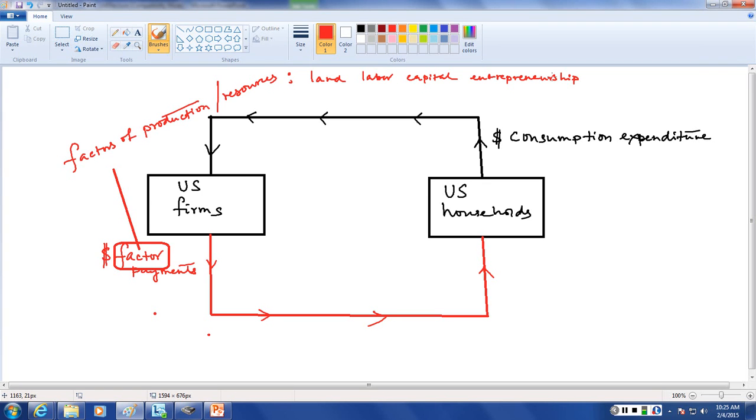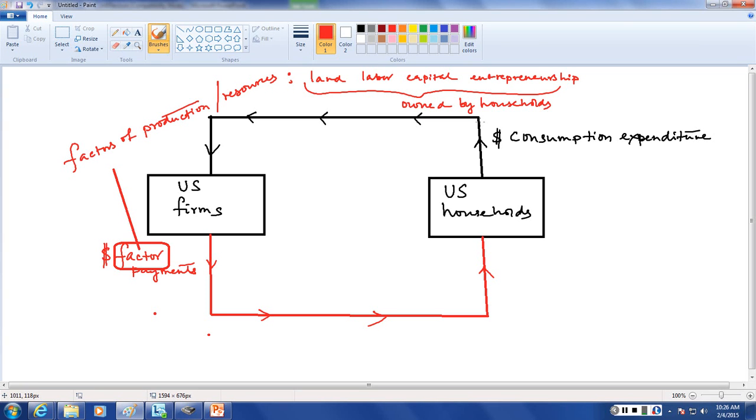Who owns these factors of production? Who owns them? These are all owned by households. Households own them. Households, of course, own their own labor, and they also own the land and the entrepreneurship and the capital. Now, these resources have to be bought by firms. Firms have to buy these raw materials in order to produce goods and services. And when these things are bought from households, households have to be paid. And those payments are called